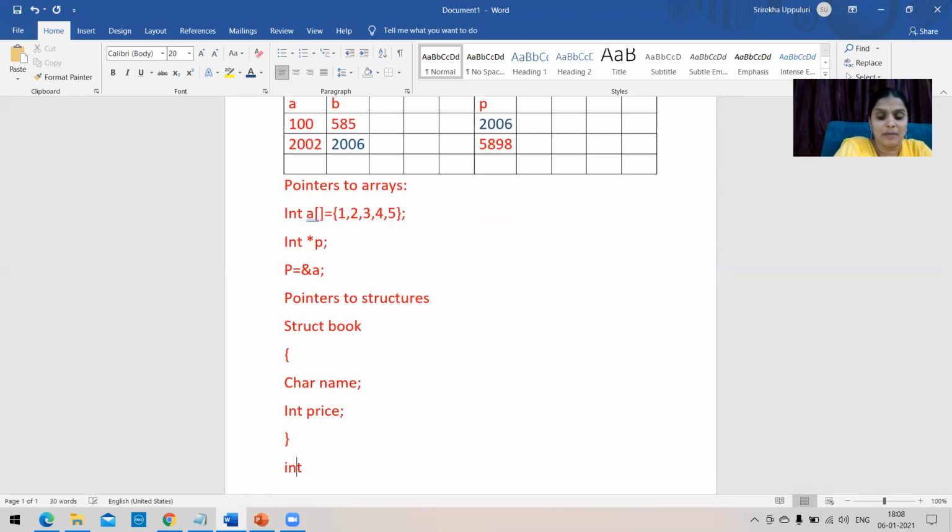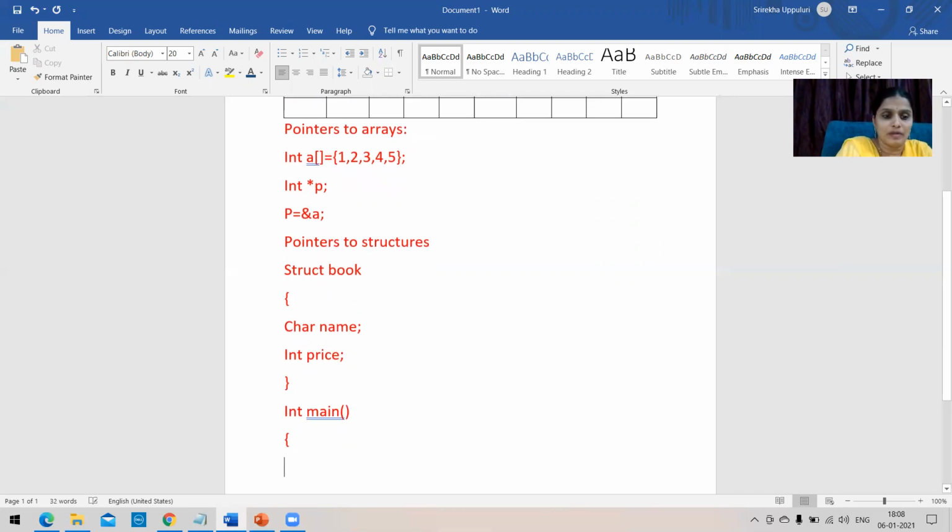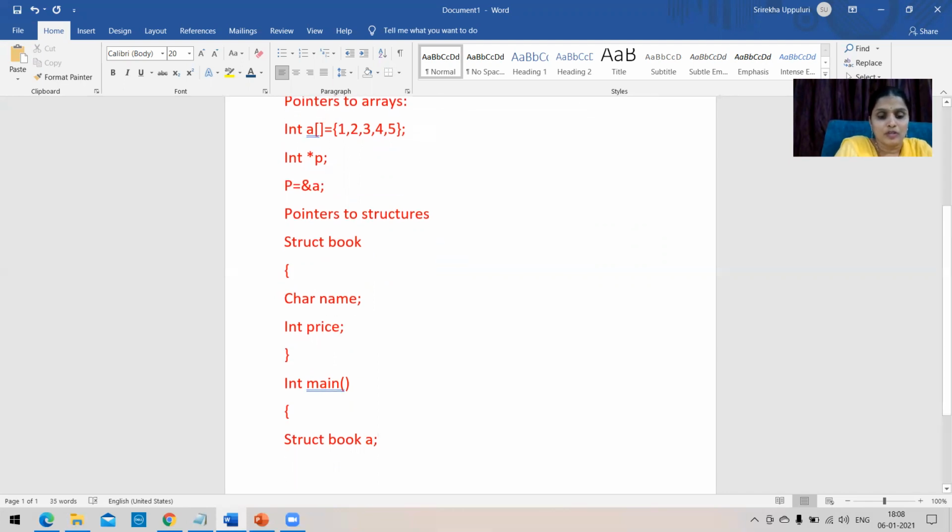So I'm just in my main, I'm just declaring a structure variable. Struct, my structure name is book, and the structure variable is nothing but a. Okay, so now